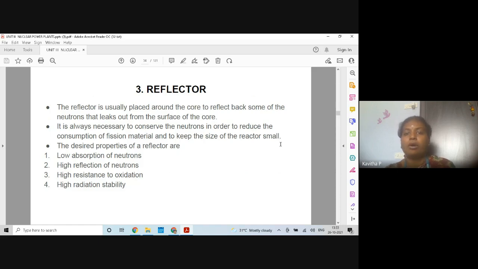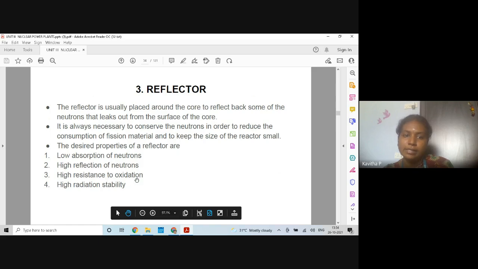Because in case of small reactors, more number of neutrons are required, which will cause the nuclear fission process by bombarding on a heavy nucleus. So in order to maintain the available number of neutrons, we require reflectors which will make sure that the neutrons are not escaping from the surface of the fuel rods or surface of the core. And just like the moderators, the reflectors also should not absorb any neutrons. They should only reflect the neutrons.